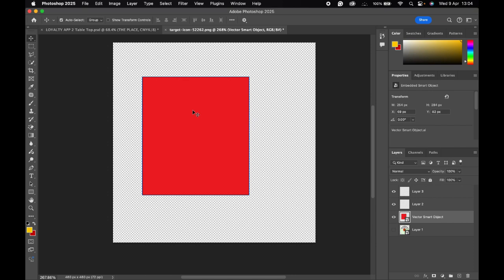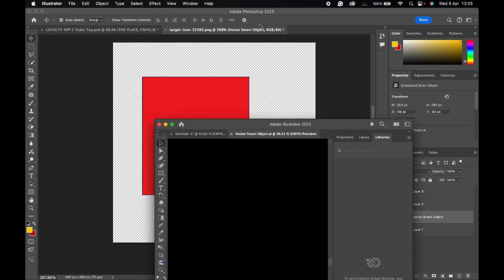Its source is not in Photoshop at all, it's in Illustrator. So how do I change this red to yellow? How do I still edit the source when I still have access to the source? So if I double click this,